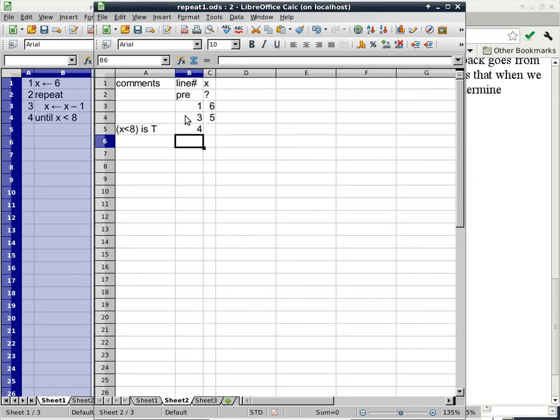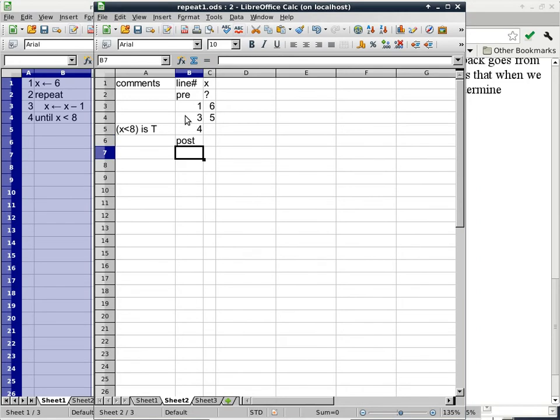If I don't give you the trail map or the logic, can you figure out what we should do next? Post, right? Because that's the meaning of until. When you say repeat, do something, something, something until a condition is true. Let's say circle around in the parking lot until you find a space to park. So what do you do after you find a space to park? Are you still circling around in the parking lot? No, you just park. Well, you get out of the loop and then you park and then you get out of the car. Okay. So the condition after the word until is also called